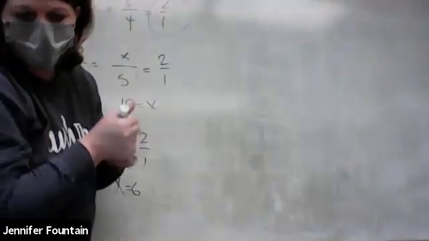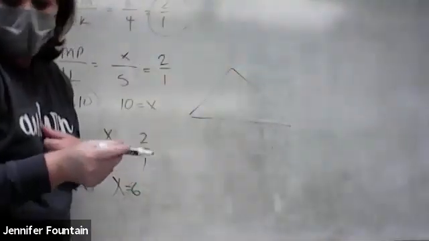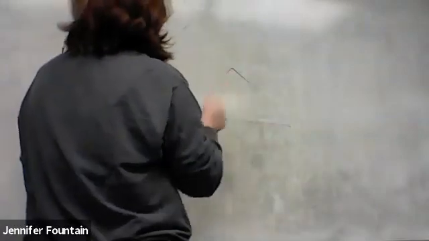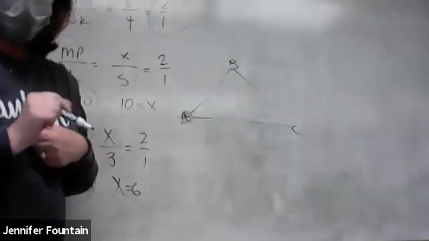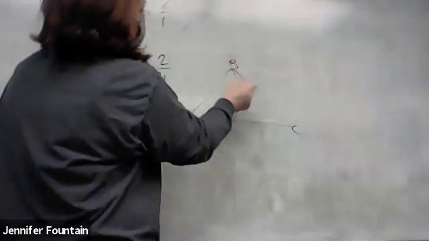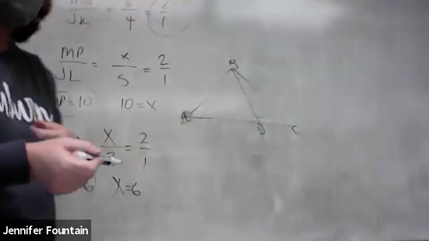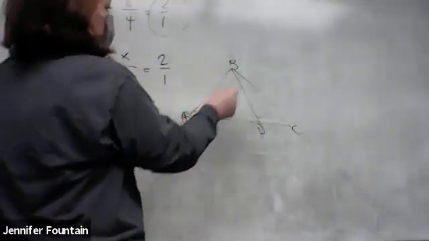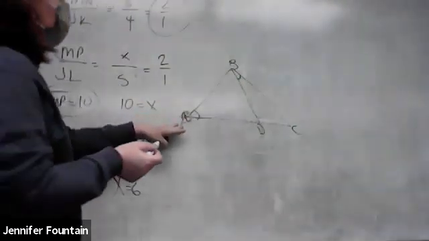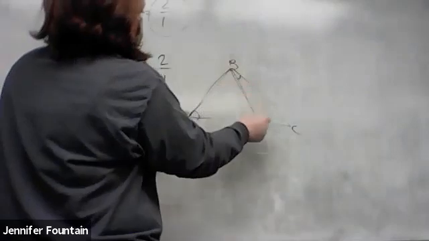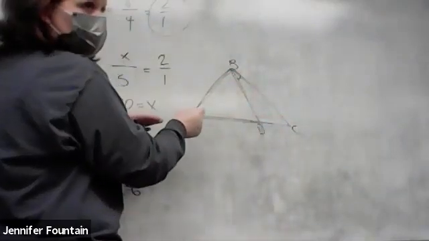So notice basically I've got, I'll draw this over here. So basically I've got a big triangle and that is ABC. That's B. A, B, C. Everybody good with that? But then I took this down here and I made another triangle. And again, I'm not to proportion, I'm not to scale. But I said angle A and angle B are congruent. So notice if I have angle A of this triangle and angle B of this triangle,